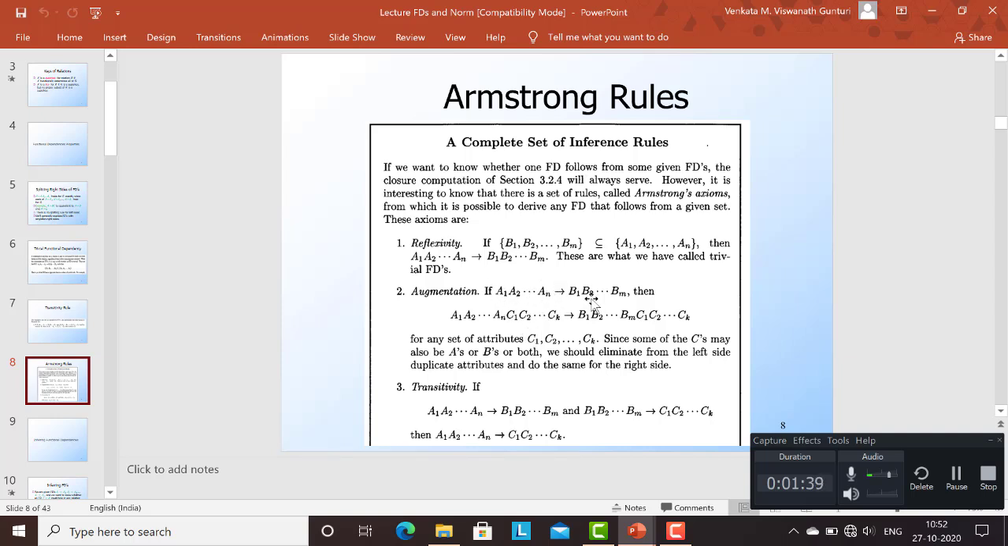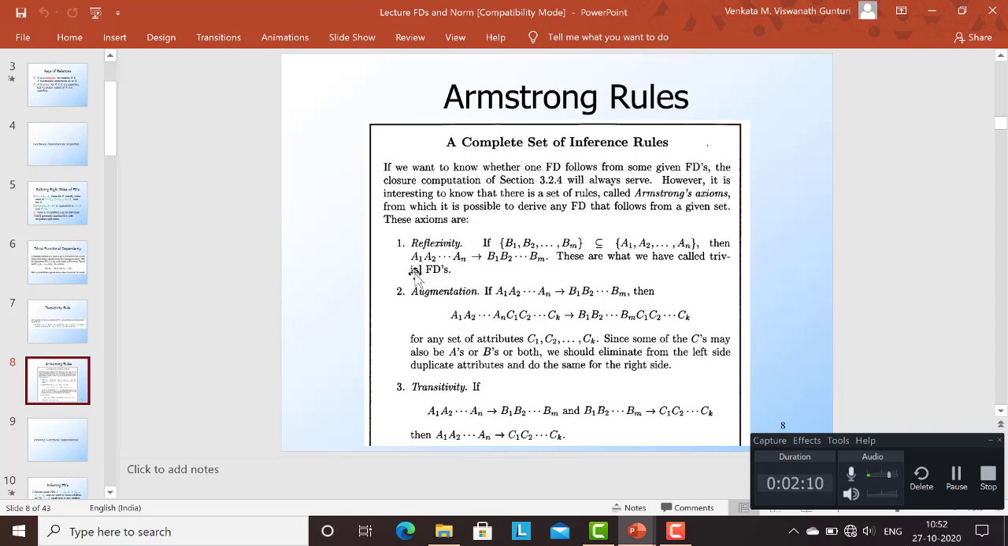That means if you have an FD like this, A1 through An implies B1 through Bm, then if you add some set of attributes onto the left side and the same set of attributes onto the right side, then this will hold, right? So this is called the augmentation rule, right? So the property that these three have is that,